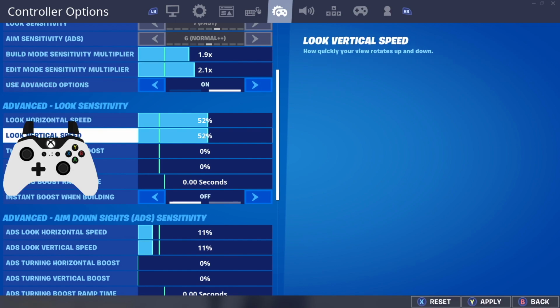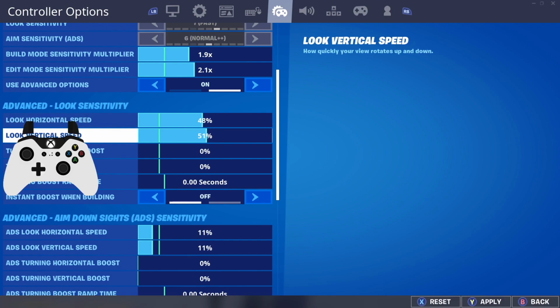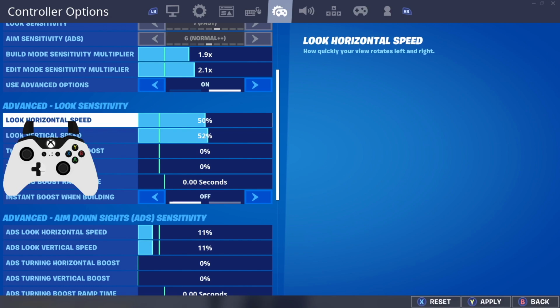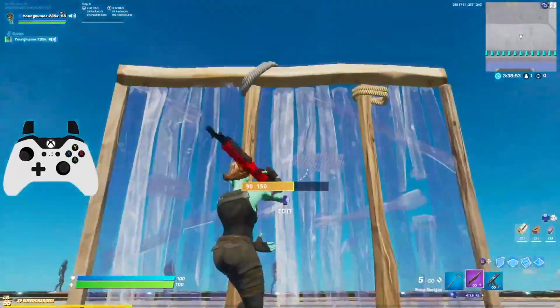So my 52% X and Y sensitivity, now I'm going to explain to you why. From my previous linear settings, I played on a 48%, so I raised both my vertical and horizontal by 4%, and the reason why I did so is because, like I said, I play a bunch of sweaty keybot players every single game, meaning that I need to really have down my flick shots and be able to turn as fast as possible, and with